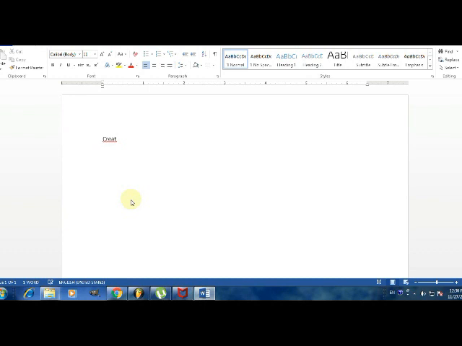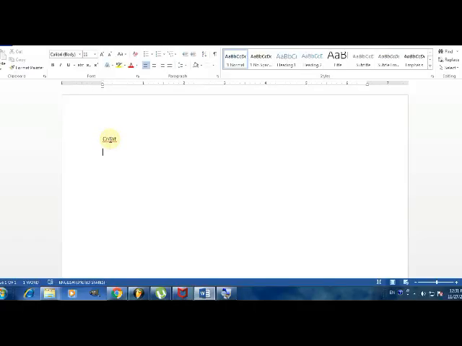Just like this. This is not the correct spelling of create. Create is the correct spelling, but this is written here, and you can see it's showing the red color zigzag line. Okay, understand?